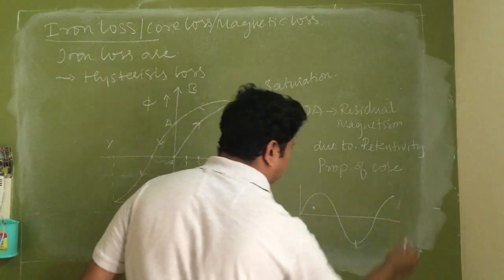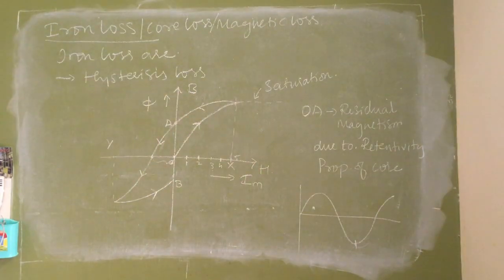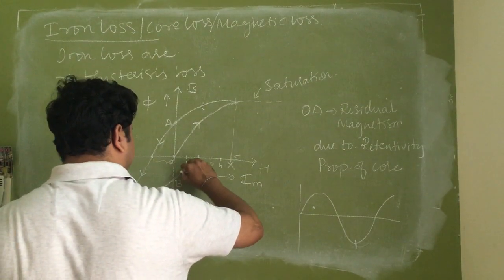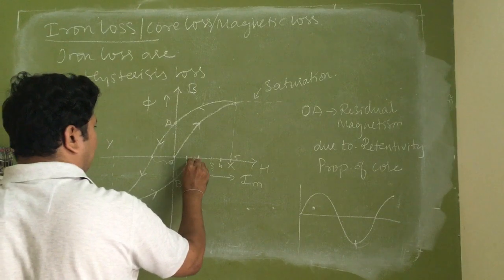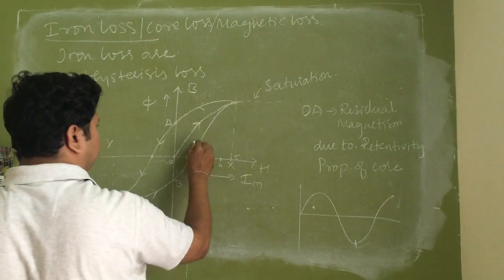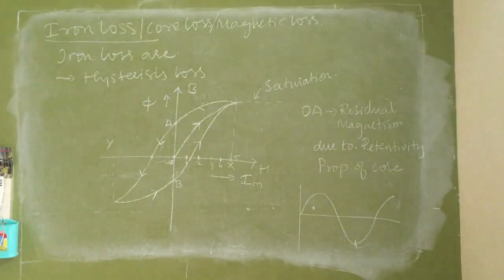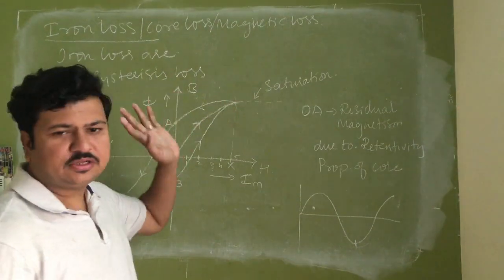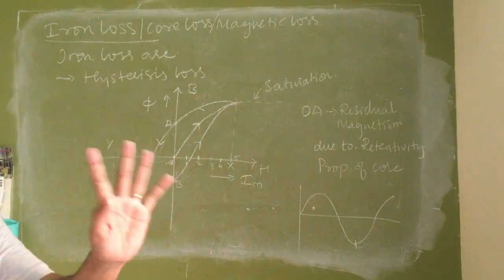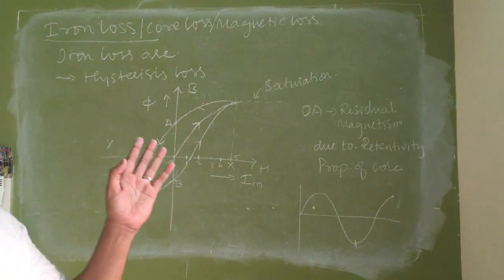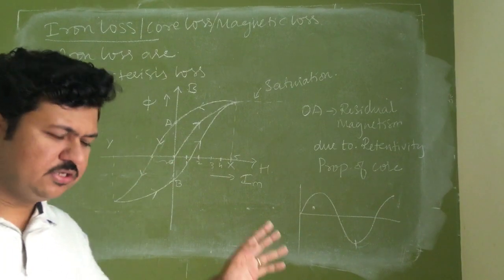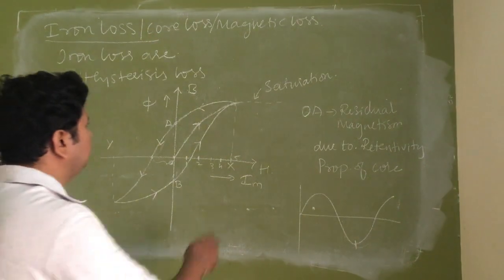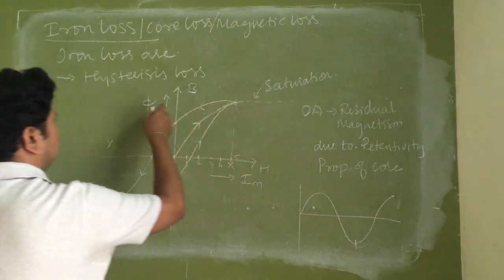Now when this goes beyond 0, in the next positive half cycle, it will go to some value and reach the point X. Never should this curve go beyond point X. If it goes, it is saturation. My induction of the EMF becomes 0, d phi by dt will become 0. Once the magnetic flux remains constant, it means what?